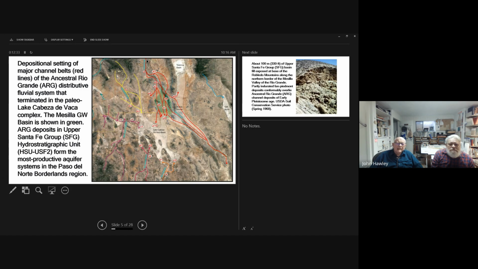flowed into a series of endorheic or internally drained basins that had a large lake, that Paleo Lake, which we name in honor of Alvar Nunez Cabeza de Vaca, the first Spaniard who traveled across this area between 1528 and 1536.